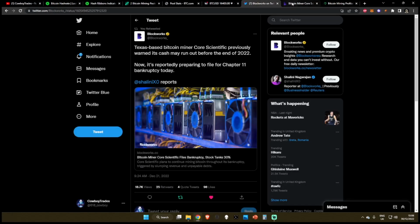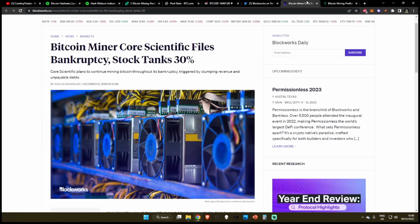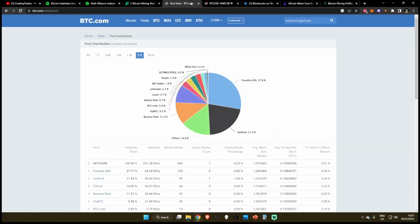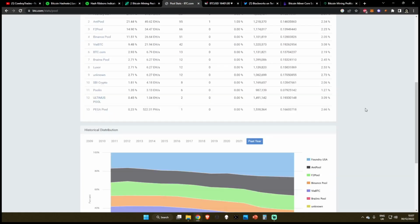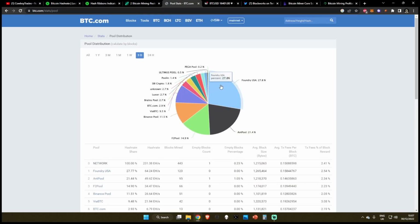So since this has happened, of course, we're seeing big mining firms like Core Scientific become insolvent, but we're also seeing a lot of the little guys become insolvent, which is not good for the pool distribution and the centralization of the network. If we're looking at the historical distribution in the past year, you can see a lot of the big pools, like here you've got Foundry USA and Antpool, which collectively hold almost 50% of the entire